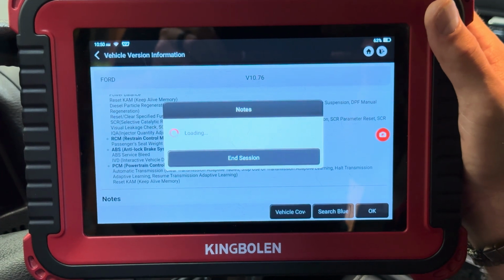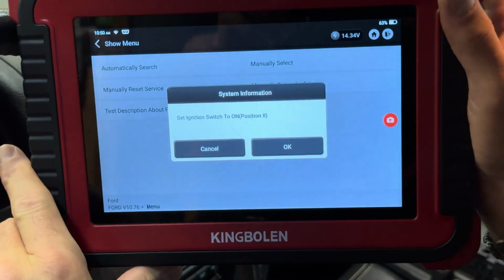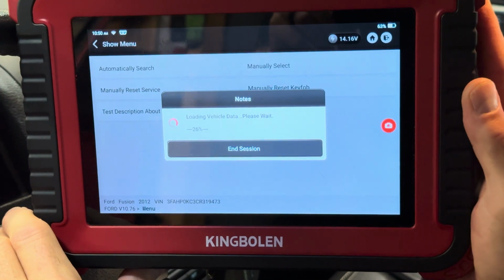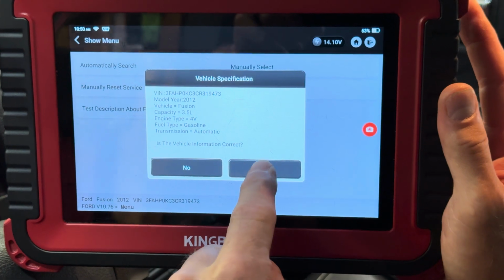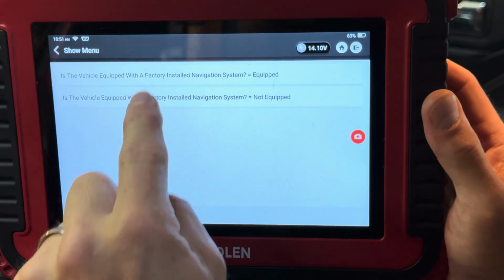So let's go ahead and, all right, let's go ahead and do automatic search. It's running right now because I got the air conditioner blowing on me because it's hot. All right, so there's the vehicle. It does have navigation, so